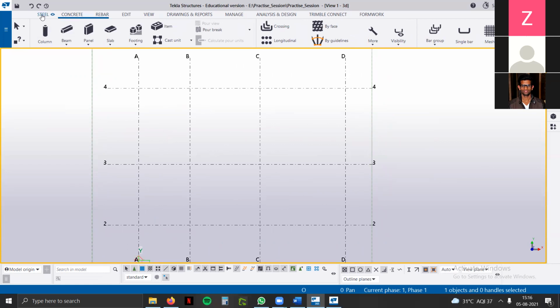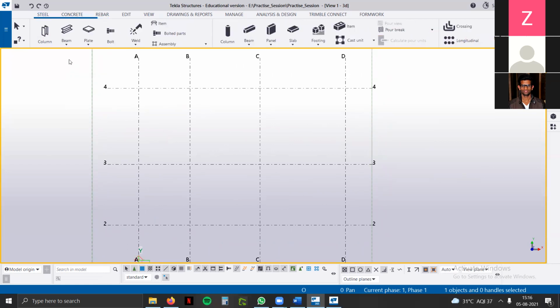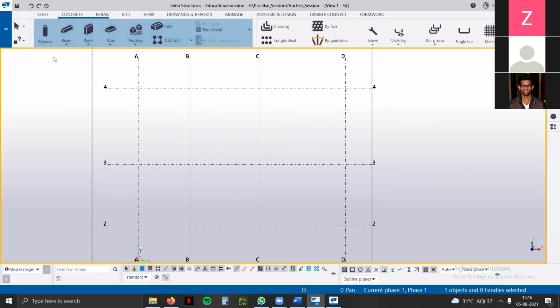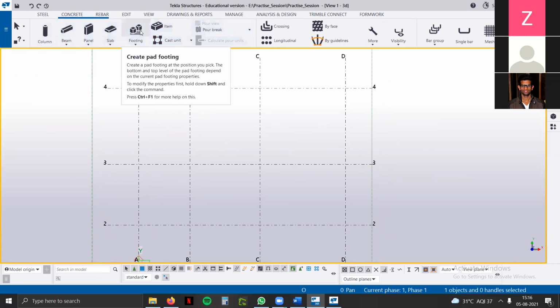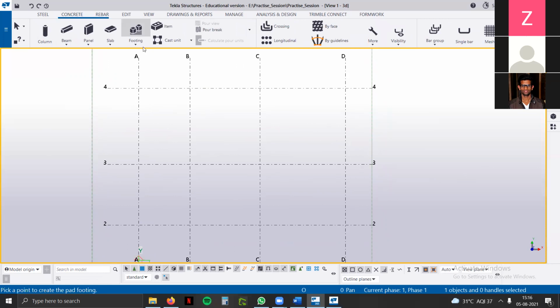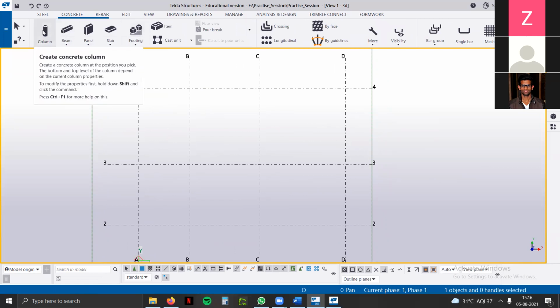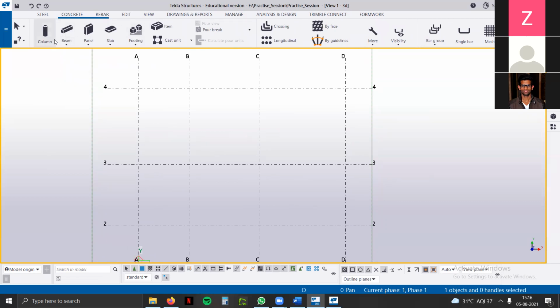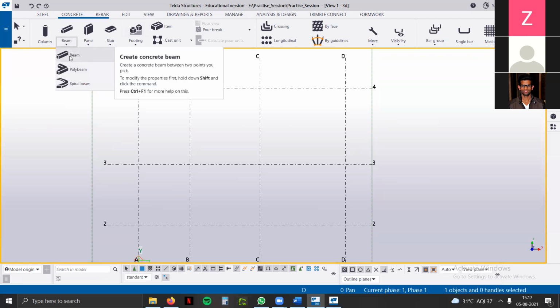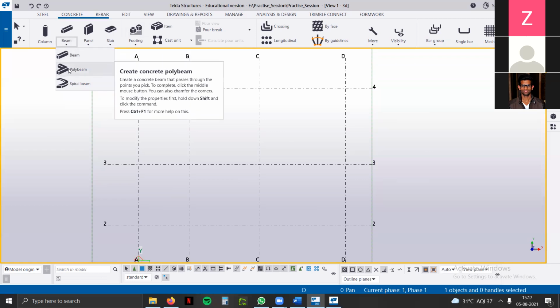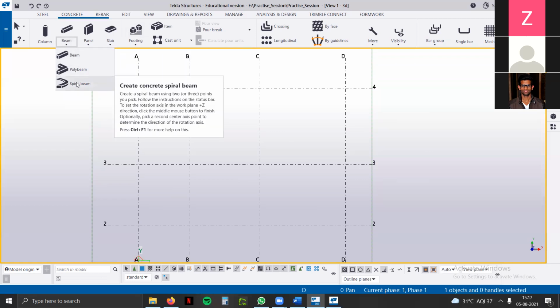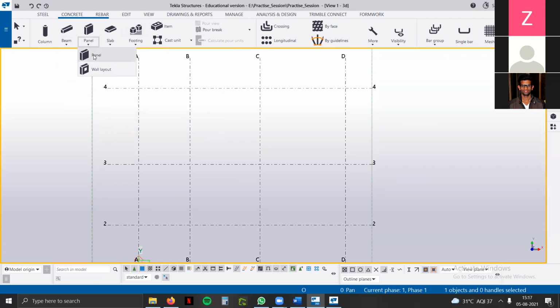So we'll start modeling from the concrete, we'll pick up any footing. In the footing, first I'll talk about what type of concrete element is present as standard. In the concrete, we have seen column and beam, but there are further classifications as well. Like there's a single beam, two-point beam, poly beam for different shapes of the beam, spiral if there is any curve in the beam. So we use spiral beam. Panel, wall panel, what type of